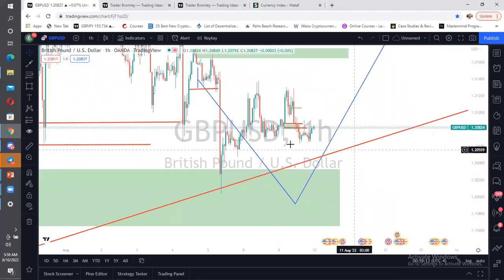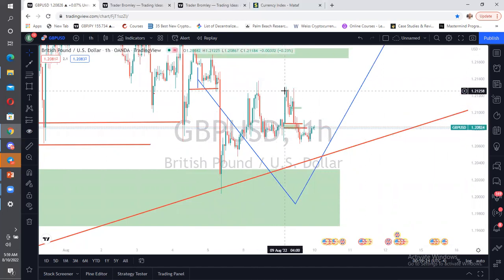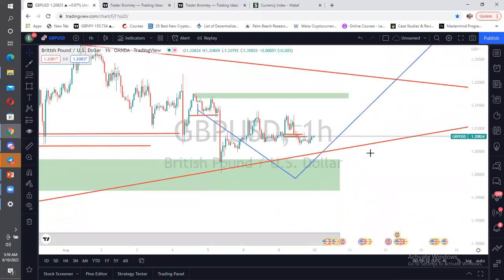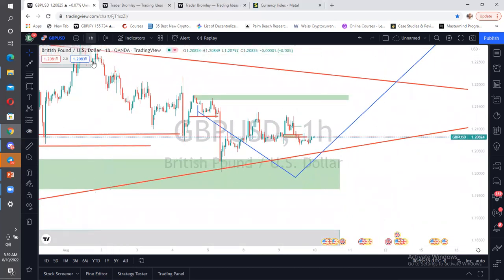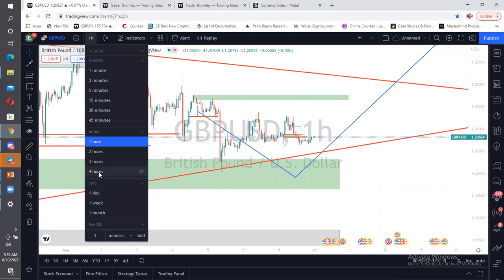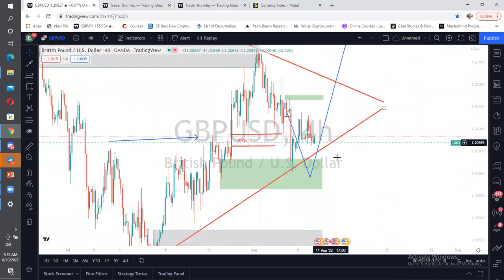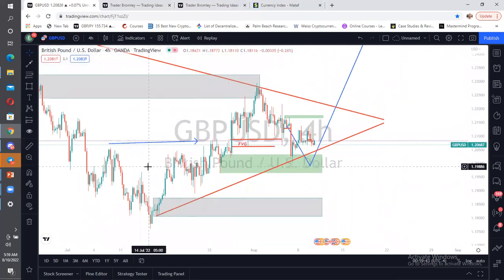Now, on the higher time frame, what we are seeing is break of market structure. All right, it pulled back to this particular range here, which is on this particular block, and came back down here and then found its way up. As you can see here, we still have kind of contract gathering here. So markets have not really taken a direction, but this is what we're expecting to see, just as I've said. Still expecting this move to happen based on break of market structure.